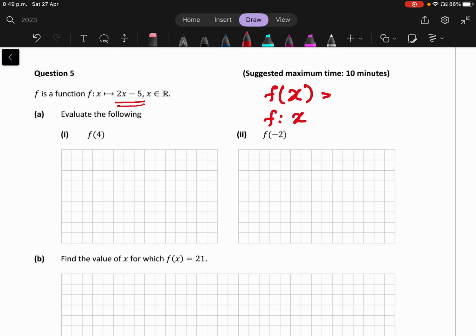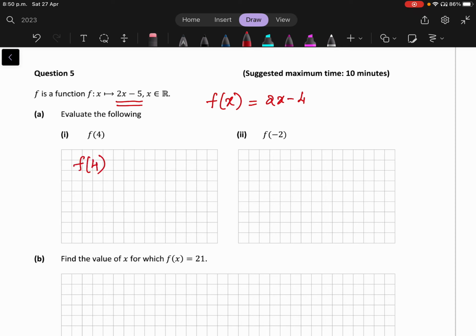Most of the cases you can eliminate whatever is there, whether it is an element of R or an element of N. At least for junior cert, you need not worry more about this. As and when you see the question, you see what the function is, which is 2x minus 5. That's the only thing you need to remember. Now evaluate the following: f of 4. If it makes it clearer, you can write this as f of x is equal to 2x minus 4, which is easier for us to understand because this is the format we have learned. Now f of 4 means